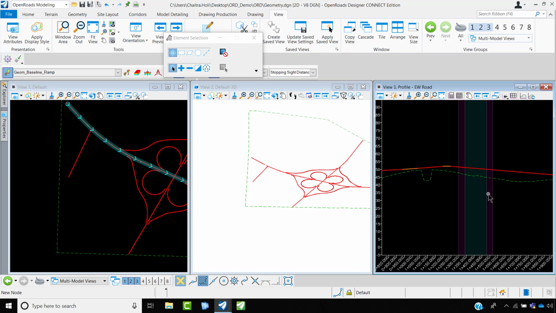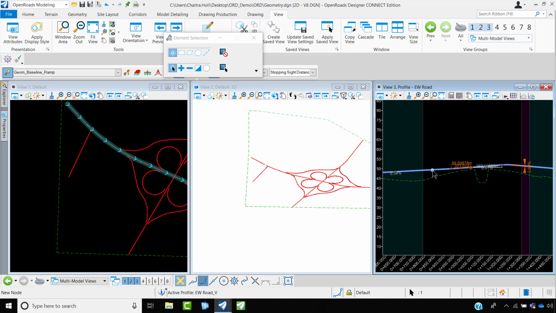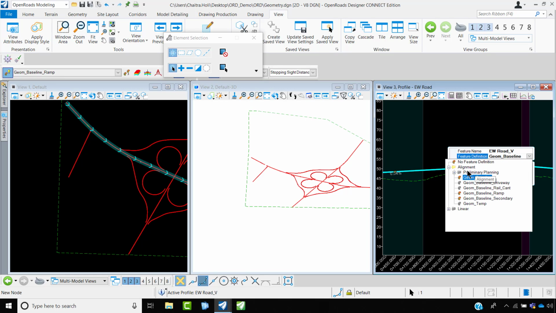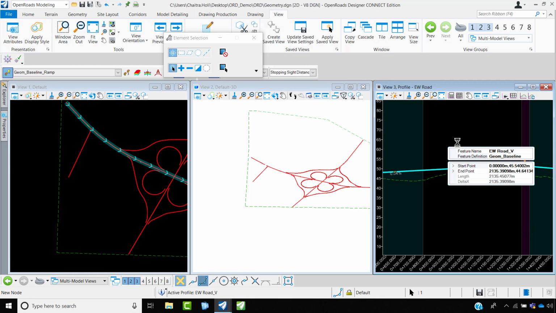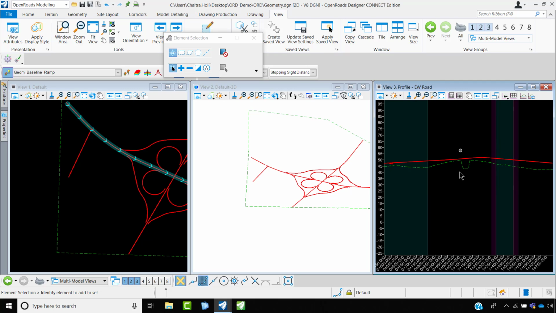You could also assign the design standards in the similar way that has been assigned to your horizontal geometry. Let me select this, go under the properties, and just change the feature definition or review the feature definition that has been assigned. Over here, I don't want to select this now. I'll go under this linear profiles geom baseline. That makes the changes how it should be represented in the profile view. So once this is done,